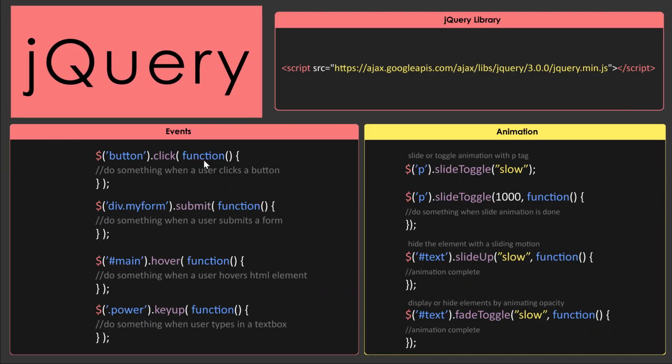And so we can combine any functionality of JavaScript within our jQuery, like functions, loops, if statements, arrays, objects, and all of the other JavaScript syntax is going to be exactly the same because we're still using JavaScript within jQuery. So what this code does here, it selects all the HTML element buttons on the page, and on the event the user clicks on one of those buttons, we call a function, and then we can do anything else within that function call. In this example down below, we are selecting a div with a class name myForm, and on the event a user submits that form, we call a function,